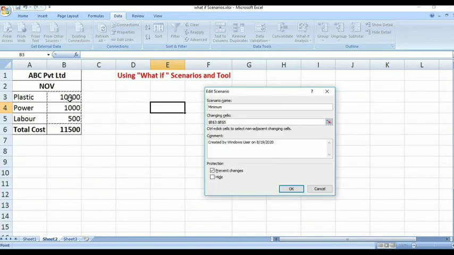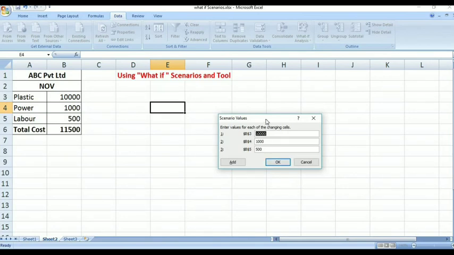When the amount of plastic, power and labor change, then it will reflect in the cost. So here I have written B3 colon B5. B3 is the address of the amount of plastic, then B4 the amount of power, and the amount of labor is written in B5. Then click on the OK button.